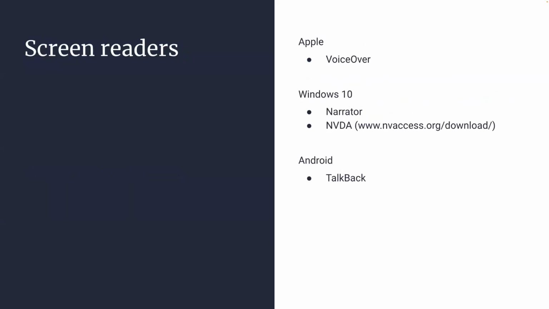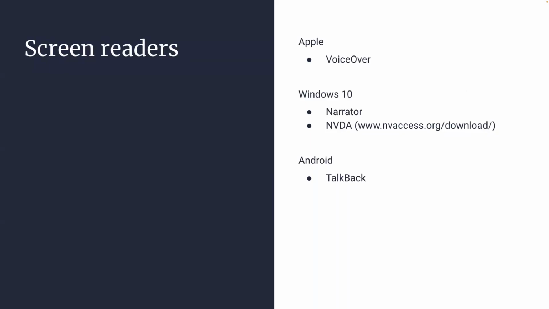There are some paid screen readers out there. JAWS, for example, is a popular screen reader, but it's also expensive. Thankfully, there are free options that are worth checking out. VoiceOver is built into all Apple products and can be turned on in your system accessibility preferences. Narrator is built into Windows, starting with Windows 10. You can find it in the Start menu. Another Windows option is NVDA, which stands for Non-Visual Desktop Access. You can download it for free from NV Access at